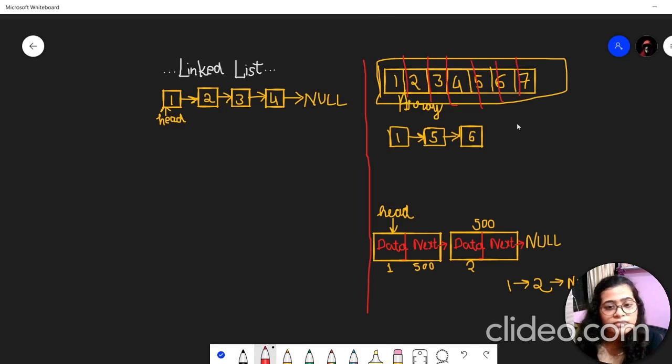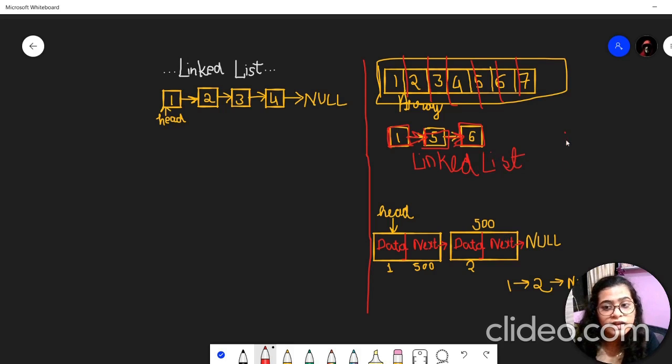is an array. And in the linked list what happens is, this is called a node and each node is a single block of memory itself, which points to the next node, because of which it is known as linked list. It is a list which is connected through links, so it is known as linked list.